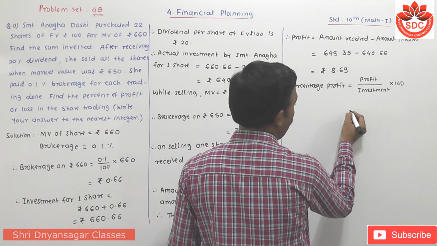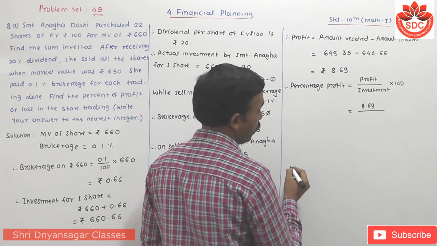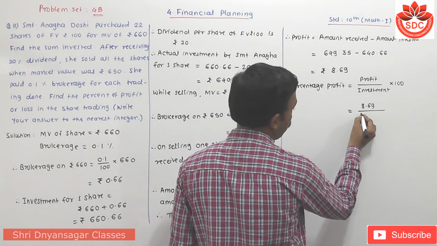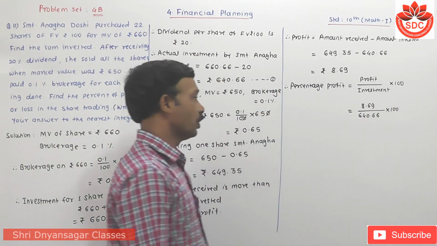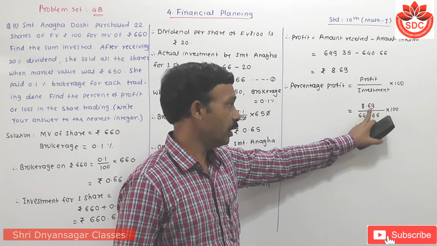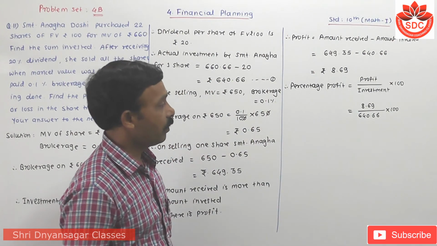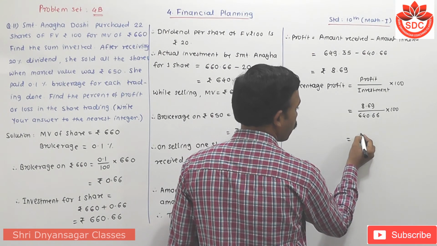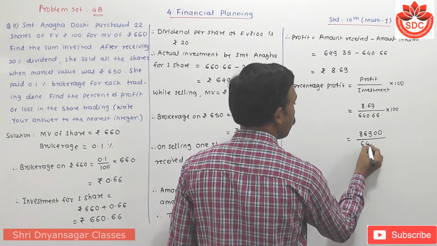Profit is here 8.69 upon investment 640.66 into 100. Student, when we remove the decimal point, you have to multiply by 100, and also here is 100 and here is also 100. Then this 100 gets cancelled. Then the product of its numerator is 86900 upon 64,000